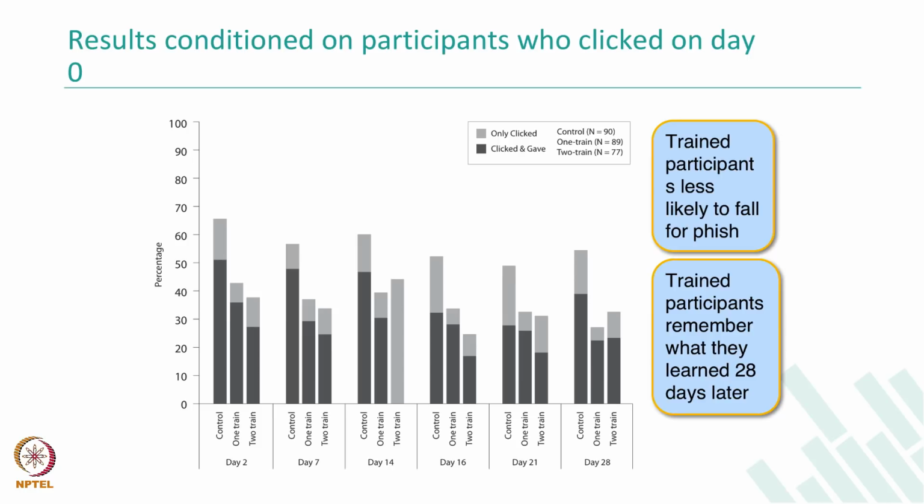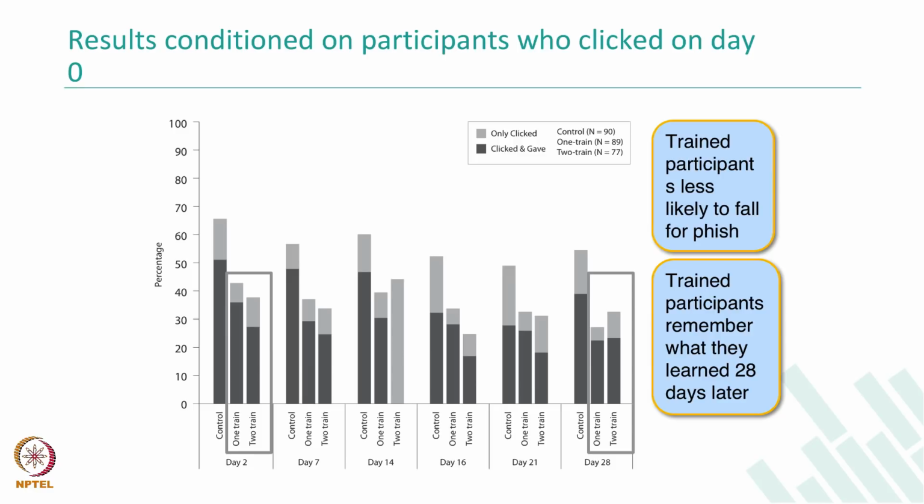You can see that on day 28, the percentage of people who clicked and gave, and clicked, is actually lower in the training condition. Trained participants remembered what they learned 28 days later, which means the number is not falling down a lot, or the number clicking is not increasing a lot. We trained them on day 2, with 1 training and 2 training conditions. If you look at the numbers that are highlighted, you will understand